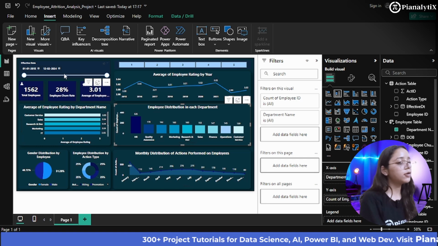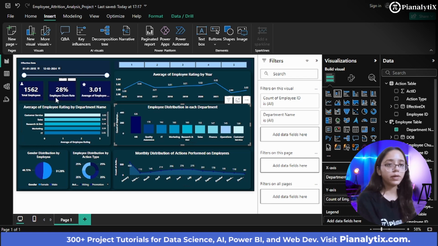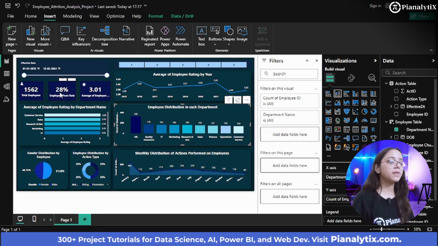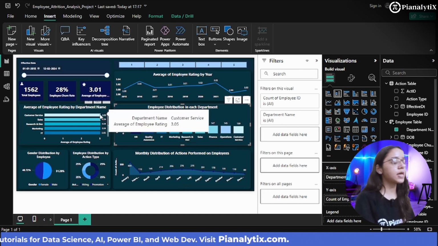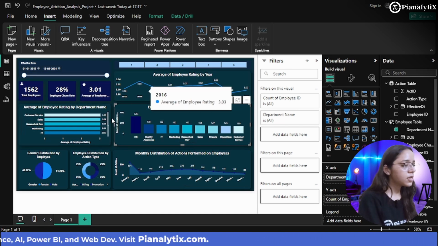And you can see that the overall employee churn rate is 28%, which basically means that 28% of the employees have left the company. And there is an average employee rating which is 3.1. And the total employees that are currently working are 1,562. Now, if you have to show that it is dynamic in nature, what you can do is, for example, I